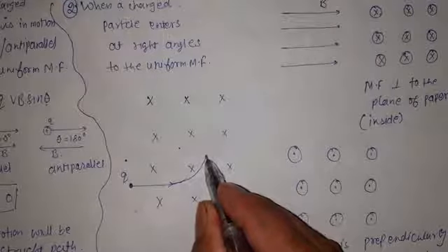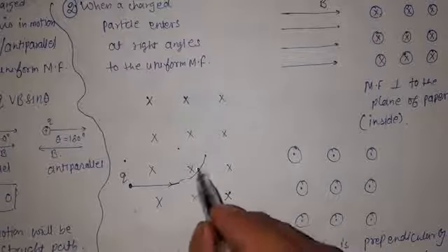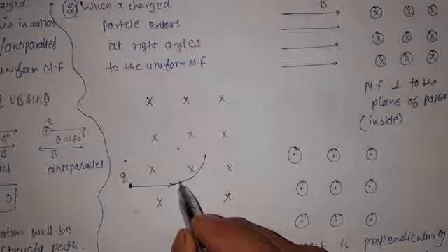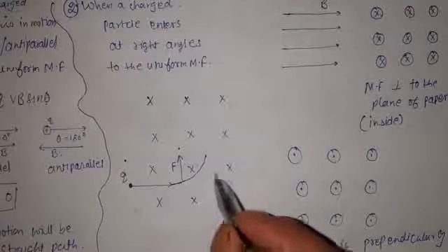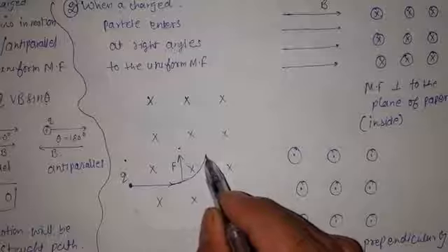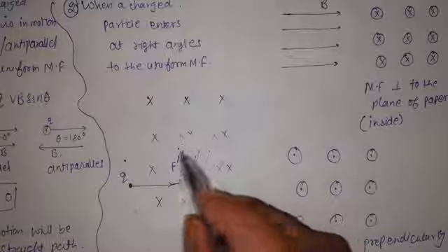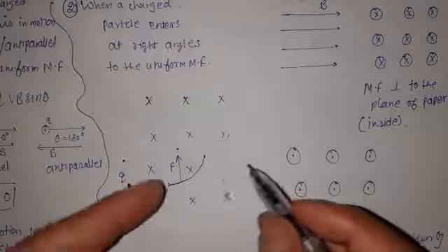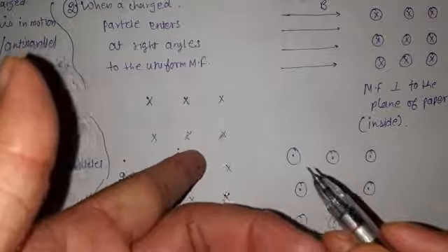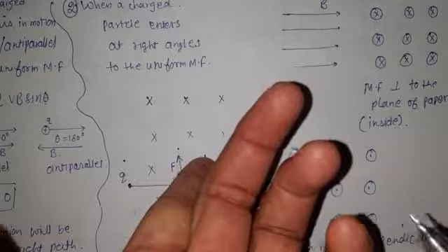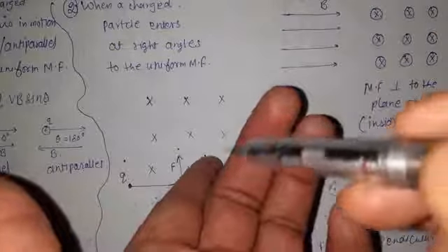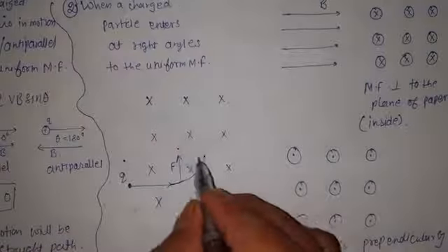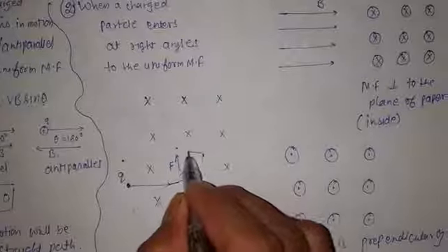Now let us suppose at this point, okay, the force that we have was exerted in which direction? In the upward direction, in this way an upward force was acting. Okay, now let us suppose this charge is over here. So what will be the direction of the force at this point? Here again you will find the charge is going upward. Now the magnetic field is downward. The central finger is in upward direction, so the thumb is indicating toward the left. So the force acting at this position is toward the left.